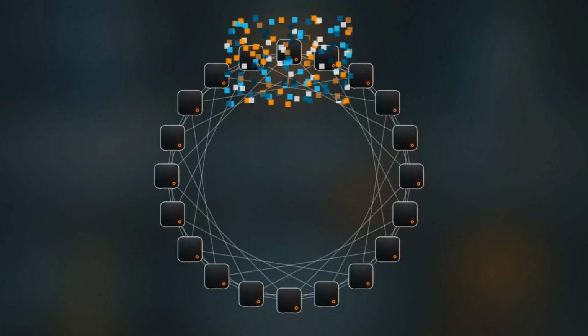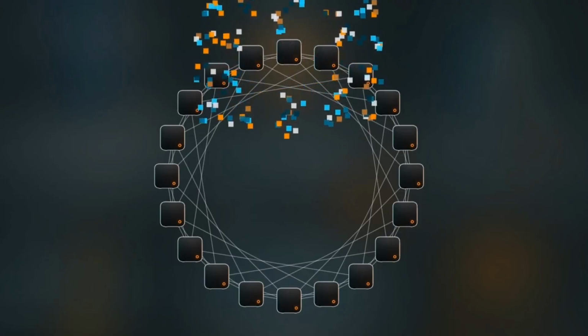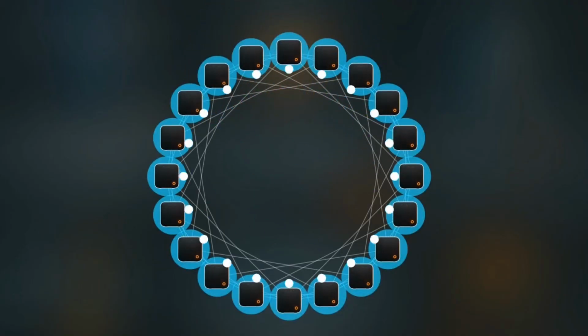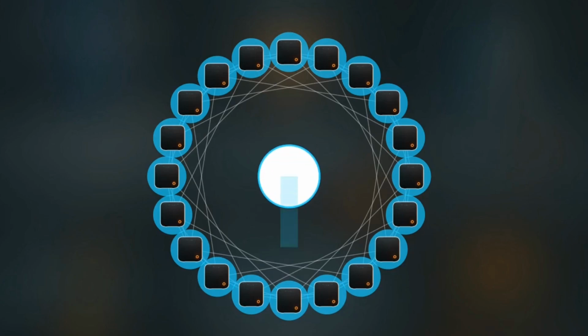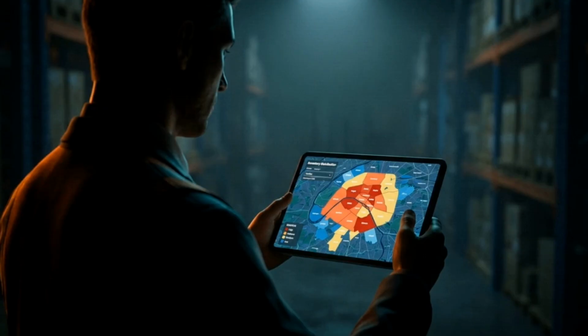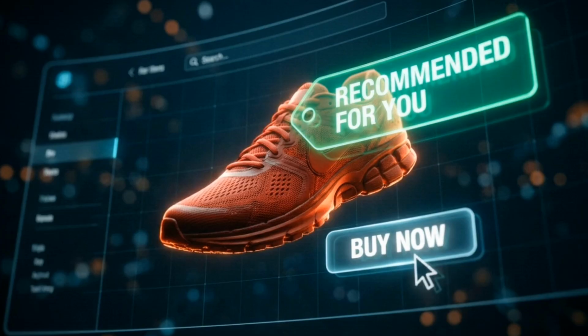Think of it like reading a massive library. Instead of one person reading every book sequentially, you hire 1,000 people to each read one page at the same time, and then combine their notes. That is what these cloud nodes are doing in parallel. This leads to the fifth and final dimension, value. The entire purpose of this massive parallel network is to extract a single actionable insight. This pipeline takes a chaotic universe of numbers and refines it down to a concrete action, like predicting the exact product you're going to buy tomorrow.